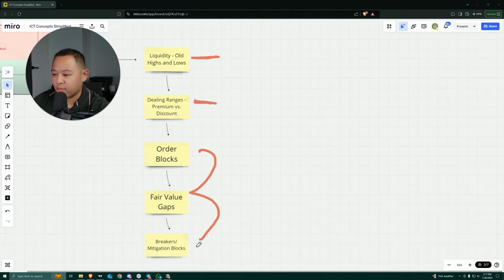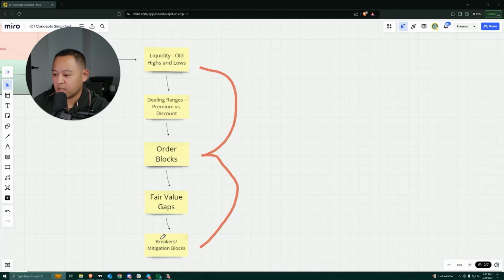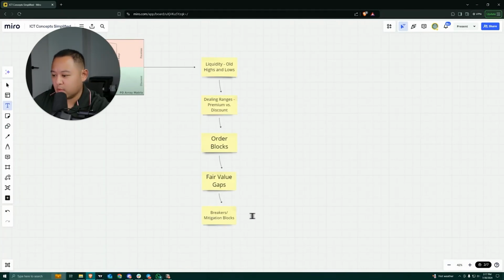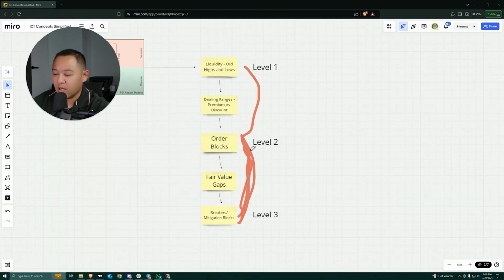All right, you don't get breakers without understanding order blocks or liquidity, right? So this is like a level 3, if I was to put levels on some of these. Let's just say order blocks are level 2, and then liquidity is level 1. So in this context, we can't understand mitigation blocks or breaker blocks if we don't even know order blocks. And we can't understand breakers unless we have order blocks and liquidity, because